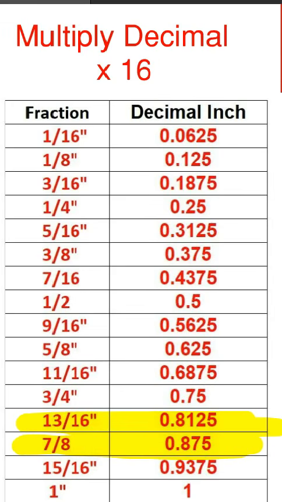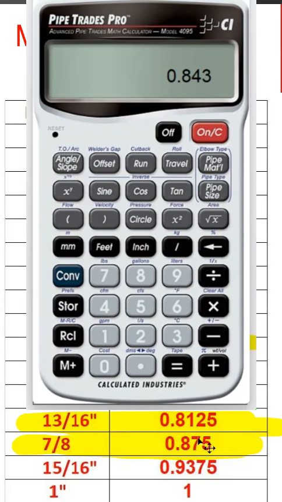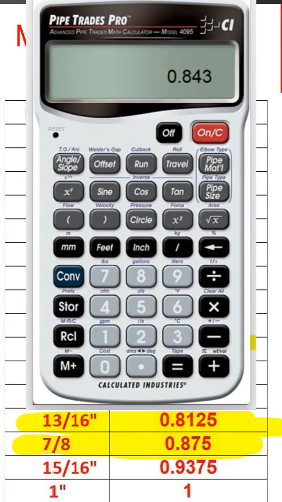So let's say we have a decimal equivalent to 0.843. We know 0.843 falls somewhere between 13/16 and 7/8. So instead of guessing, take the 0.843, times it by 16. When you do that, you get